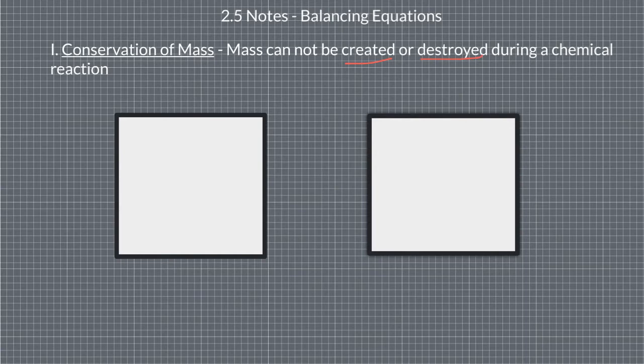So these are going to be my reactants, and these are going to be my products. In any chemical reaction, you're going to have basically two things: reactants, things that are going to react together, and those then are going to produce something that we call a product, right? So an example of this is, let's say we have